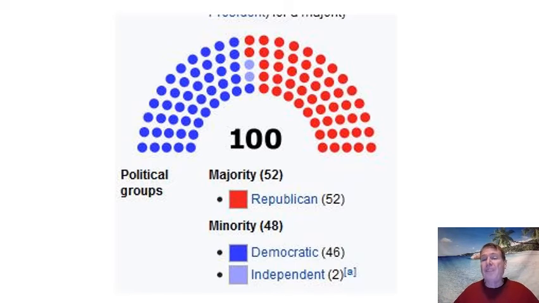So there's a lot of procedural practices in place in the House. They're less in the Senate. With only 100 senators, you have more time to speak. You have more time to make your point across. So there's less procedural hurdles in the Senate than there are in the House of Representatives.